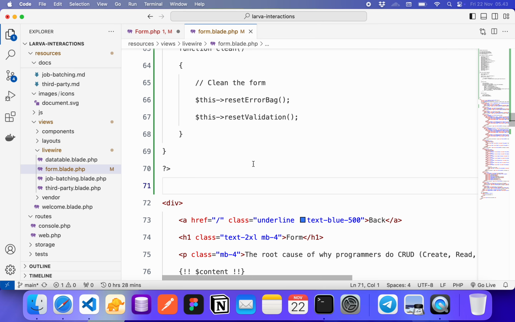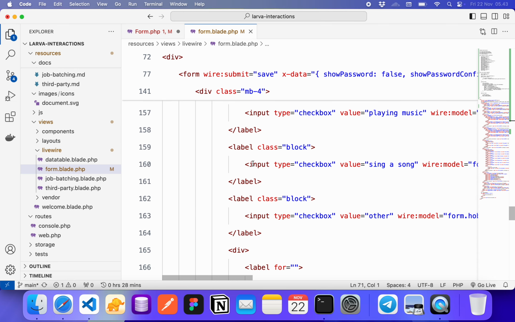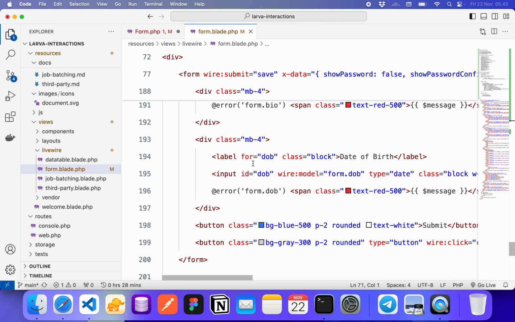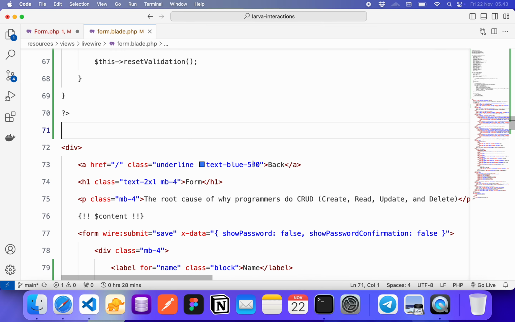Well, the downside is your Blade file will have more lines, but don't worry, because if you use React files in Laravel Inertia, it's usually like that.